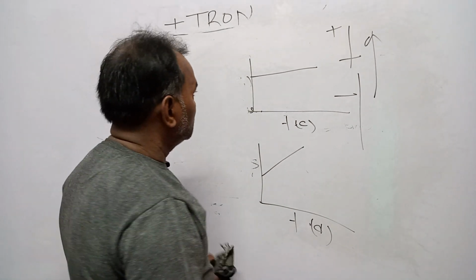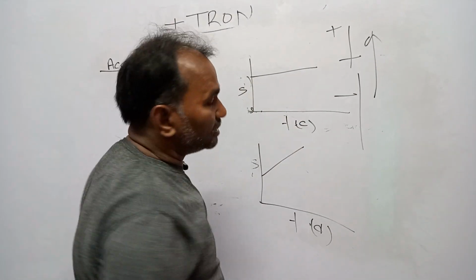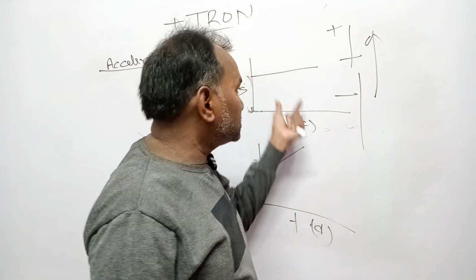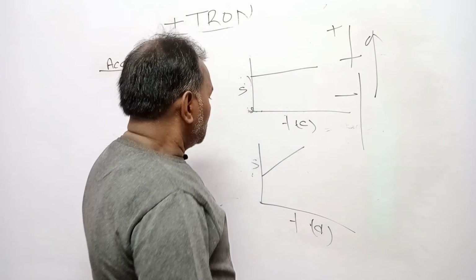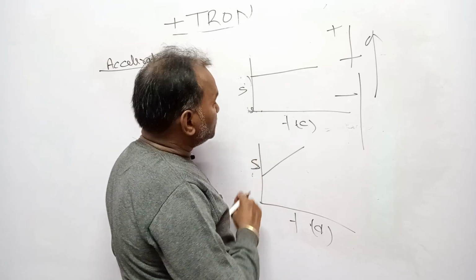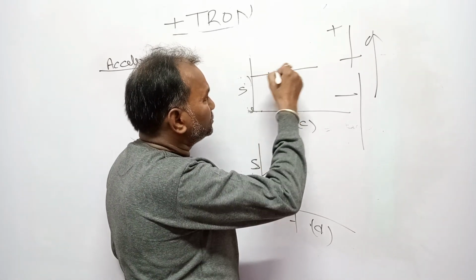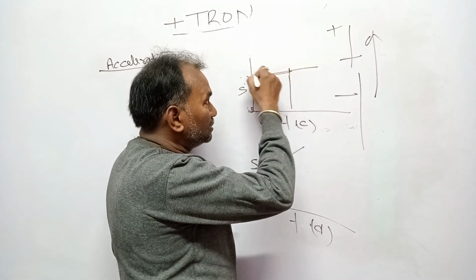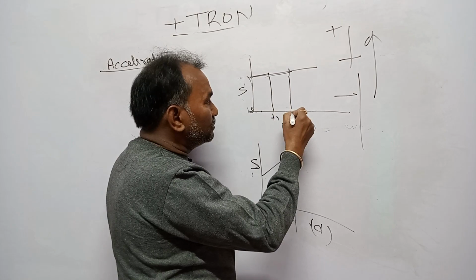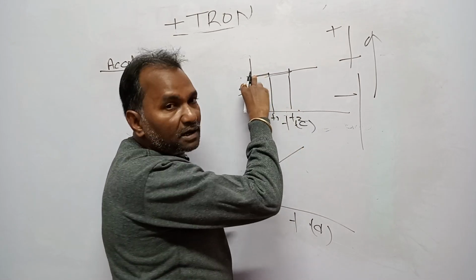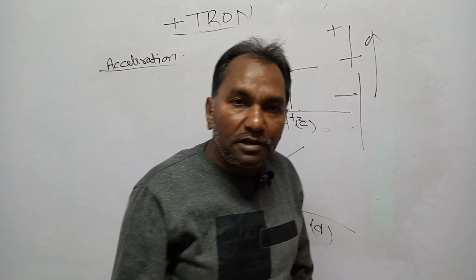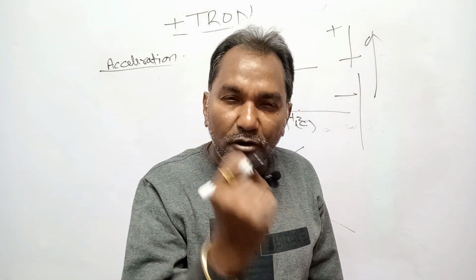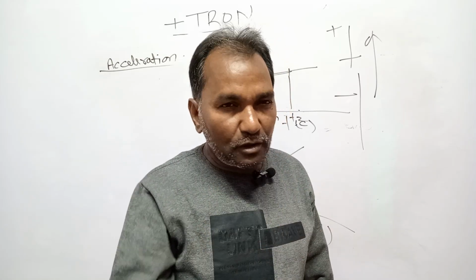The third case: between s and t the graph is a straight line. Both the graphs are straight lines, but this is the inclined one and this is parallel to the x-axis. Dear students, in this case take 2 points and draw the perpendiculars on the ordinate and abscissa. Now look here, at T1 and T2 the displacement is the same. Let a body be kept at t equal to 0, 20 meters away from the origin,